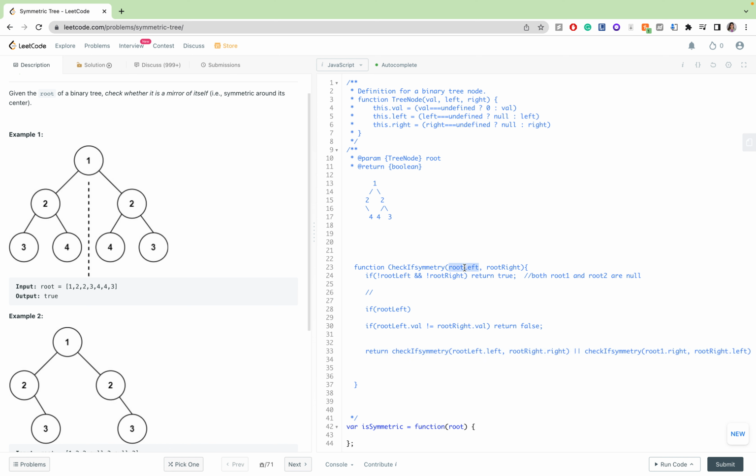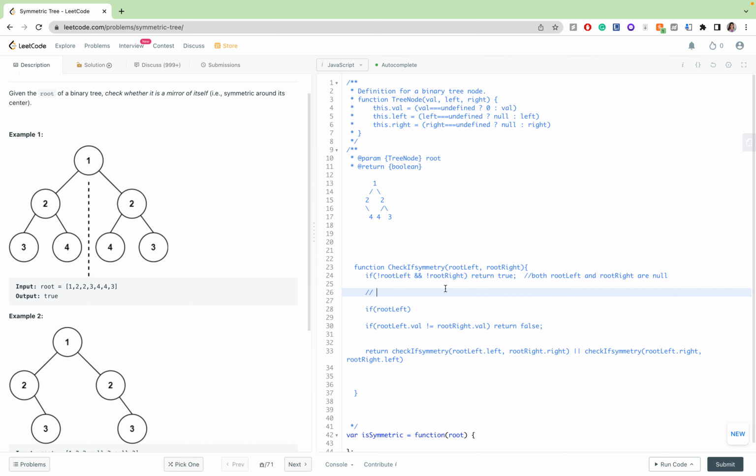Right, so if both root left and root right are null, in this case this is also null and this is also null, because if it is null then this will return true, this will also return true. But if one of them has a value, if one of them is not null,